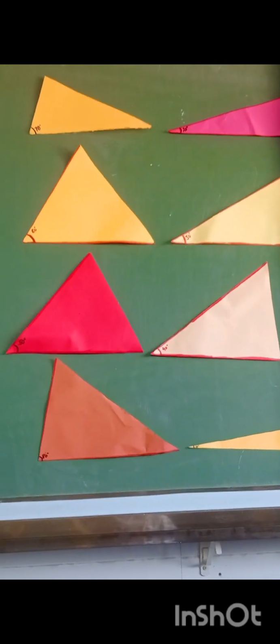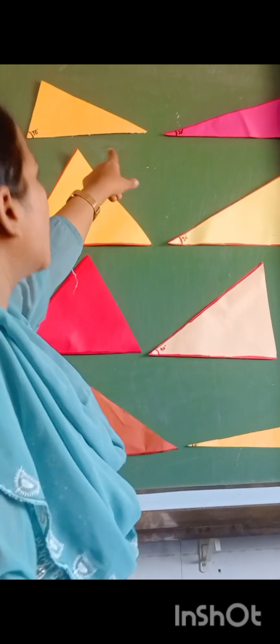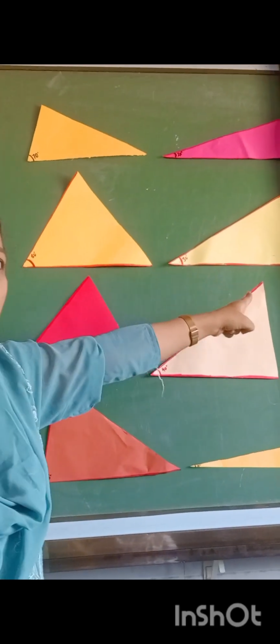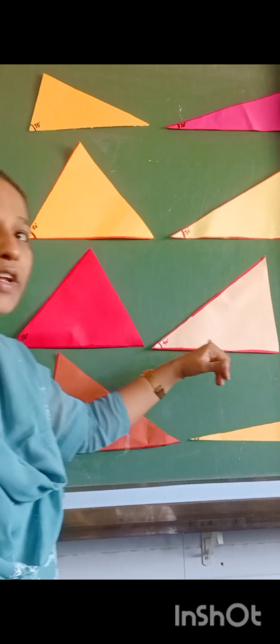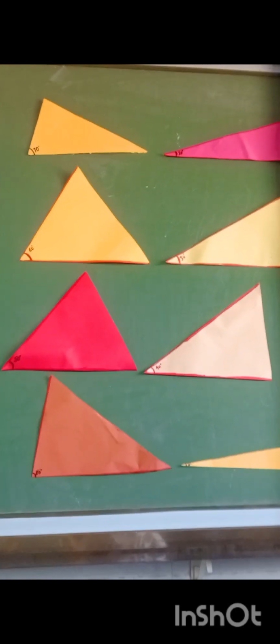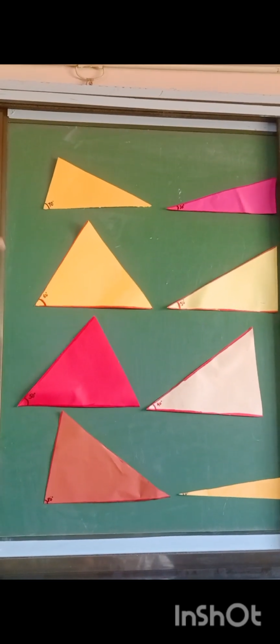Maths, the name of the chapter I will tell you later, but here some angles I have stuck on the board. You have to identify what is common in all these pairs. Pairs means there are two angles. You all can see here the first pair of angles is 70-20, next pair is 60-30, next pair is 50-40, and next pair is 80-10. Who will tell me what is common in all these pairs of angles? Just raise your hand, those who know.